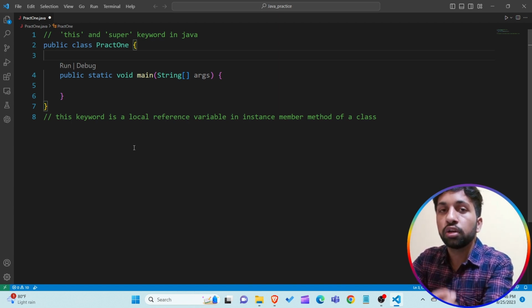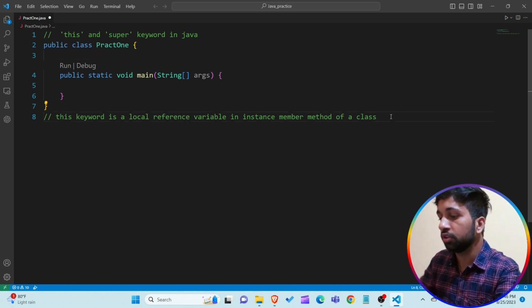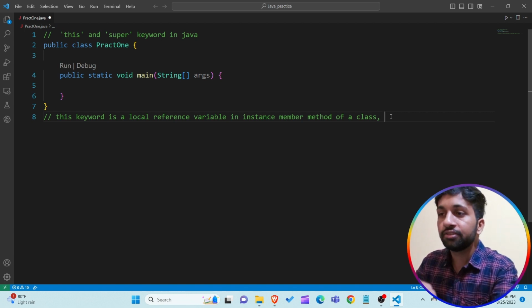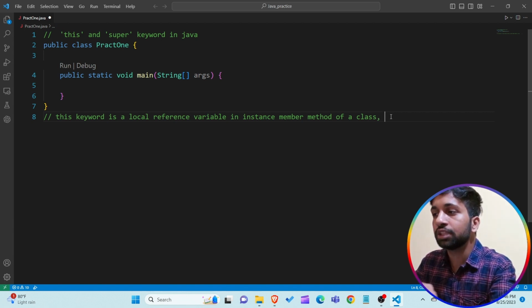So according to your definition, when this keyword is a reference variable, it means this keyword takes the reference of some object. So what type of object reference is taken by the this keyword? First of all, I want to write a line of code, a line of sentence. This keyword is a local reference variable in an instance member method of a class which